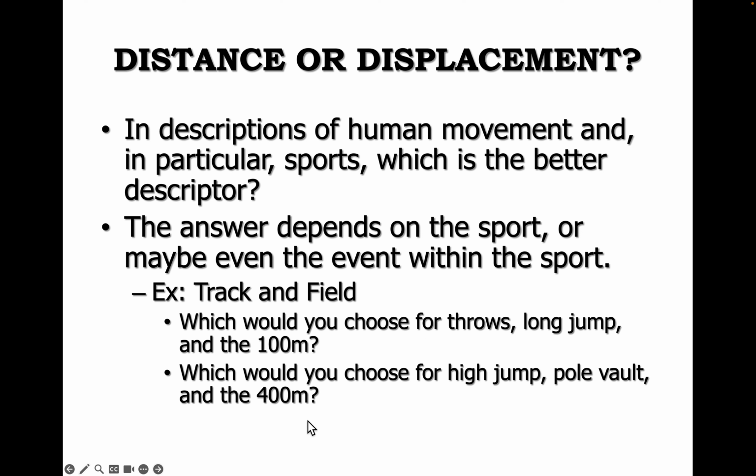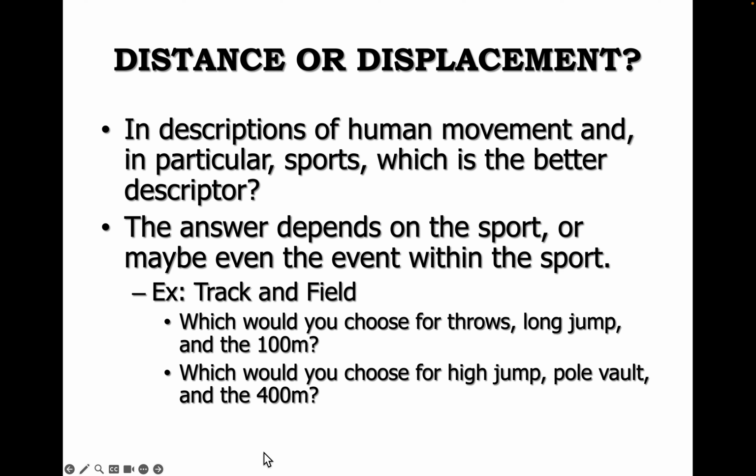Likewise for the 400-meter dash, this would be more important for distance as well, because for the 400-meter dash, I start in the same place that I finish around the track. So if I just looked at displacement, after running the 400 meters I would have traveled 0 meters, because where I started and where I stopped was the same location. However, distance would follow my entire path around the curve and around both straightaways, and that would account for the entire